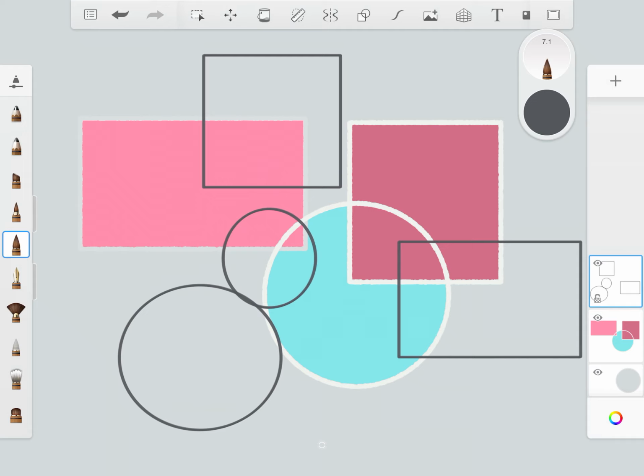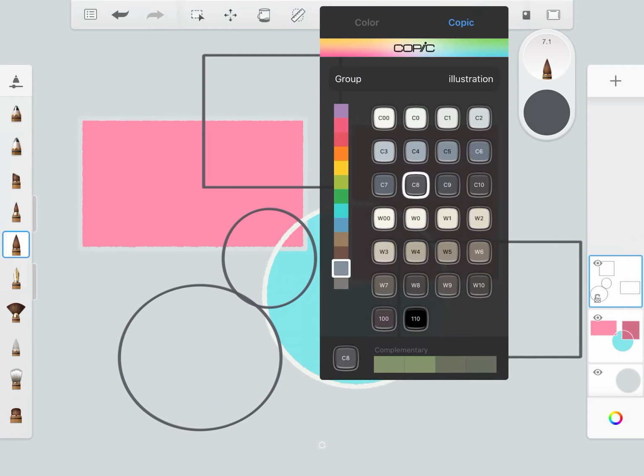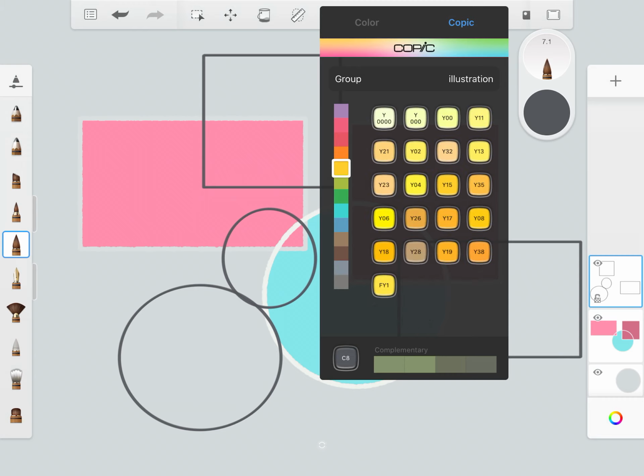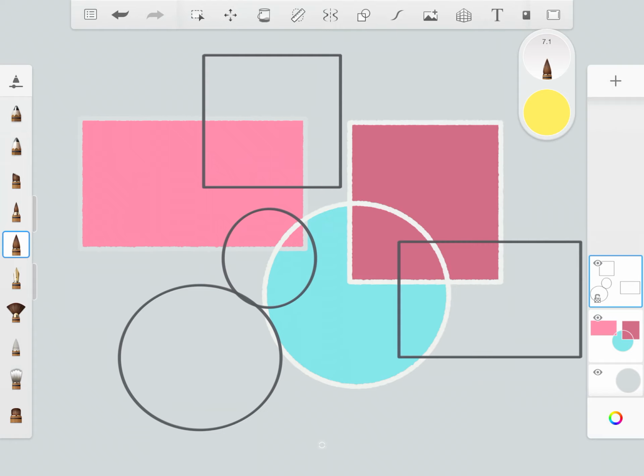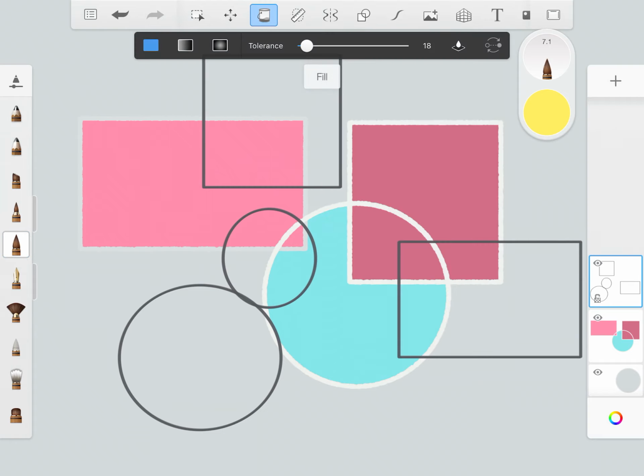So I say 3, but you can do more than that if you'd like, depending on what you want the composition to look like. Now I'm going to do analogous colors. And remember, analogous colors were those that were close to each other on the color wheel. So this time I'm going to switch over, pick maybe a yellow, and grab my paint bucket and go into that